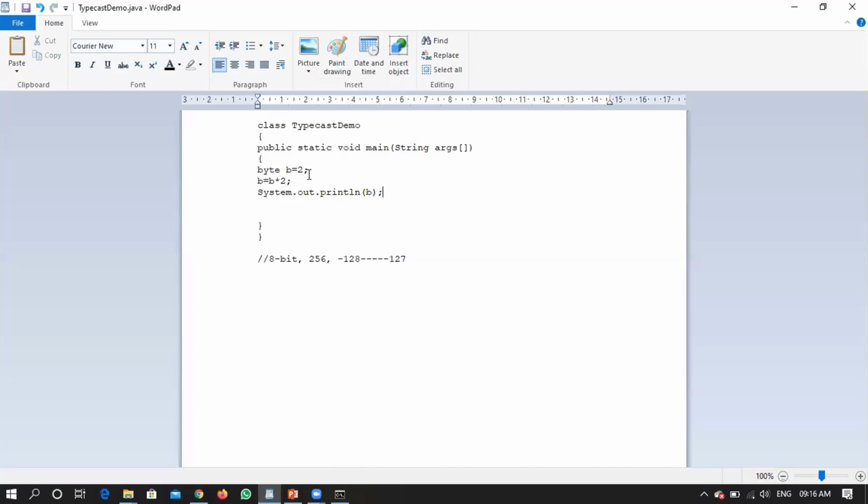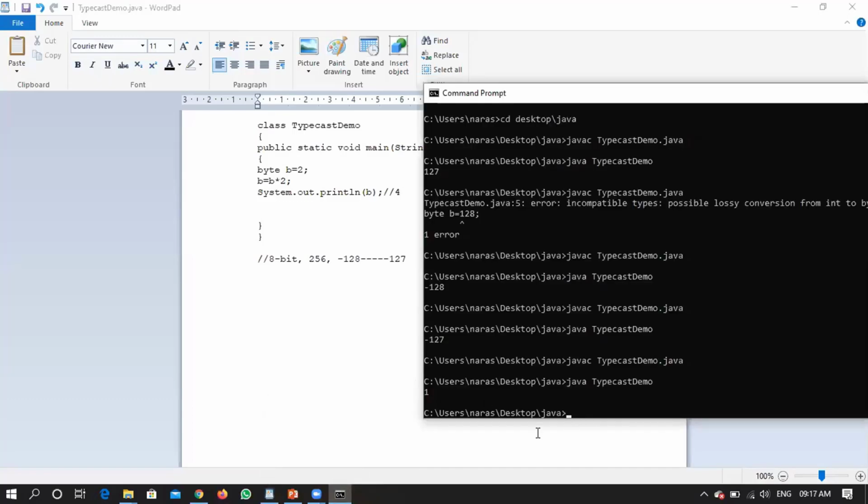Initially the value of b is equal to 2. Is it within the range of a byte? It's within the range of a byte. Now you are performing b into 2. Is it within the range of a byte? Yes, obviously we are doing 2 into 2 itself. So what might be the answer? 4. Is it within the range of a byte? Yes, sir. So now it should print a 4 for us. Shall we cross check? Will it print a 4 for us?